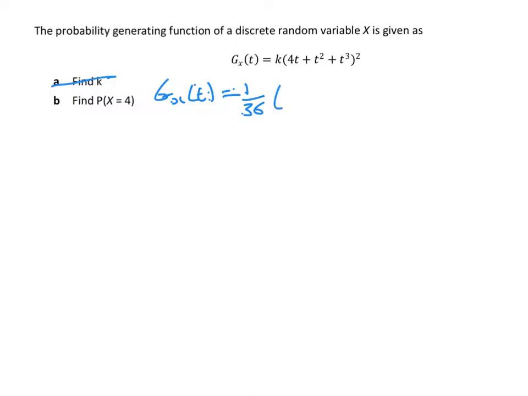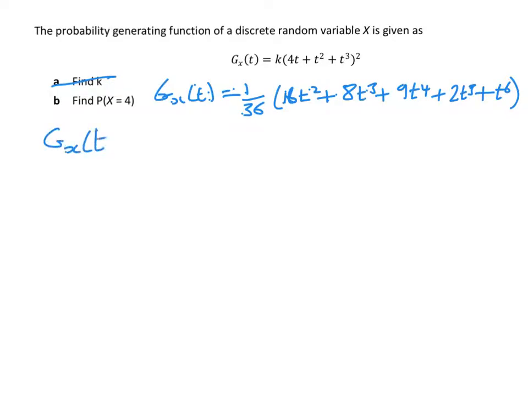So how many t squares we've got, etc. So we've got 16 t squared plus 8 t cubed plus 9 t to the 4 plus 2 t to the 5 and just 1 t to the power 6. Now if I write all that out, I get